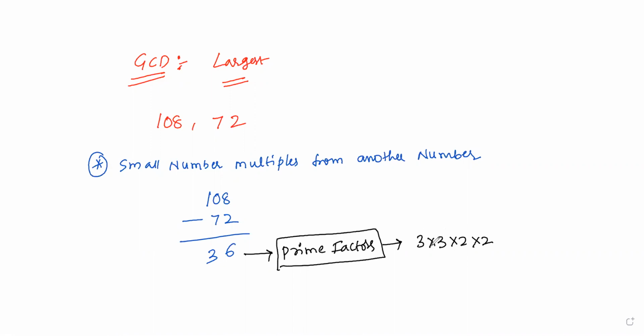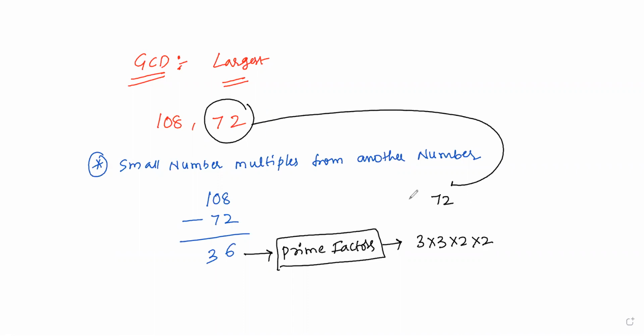Whatever multiple you subtracted from the remaining number, 36 is the result. After that, you have to write it in prime factorization. Whatever number you subtracted here, that means this number I am talking about, not that number. We can subtract many multiples, but I'm talking about this number, 72.